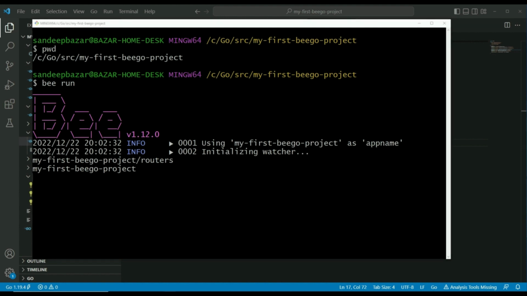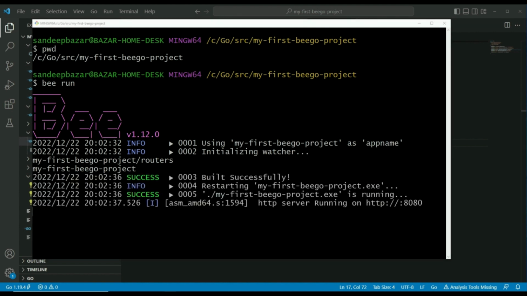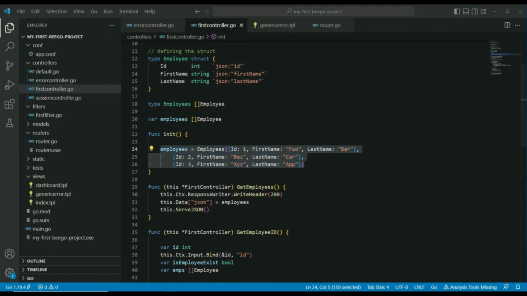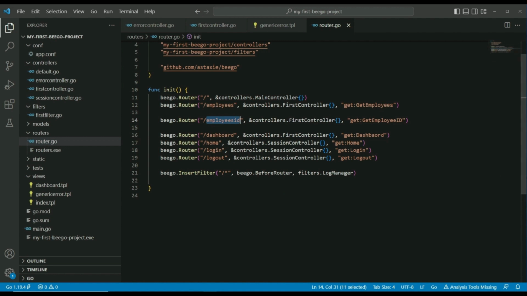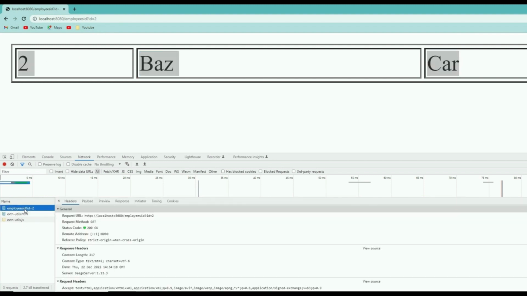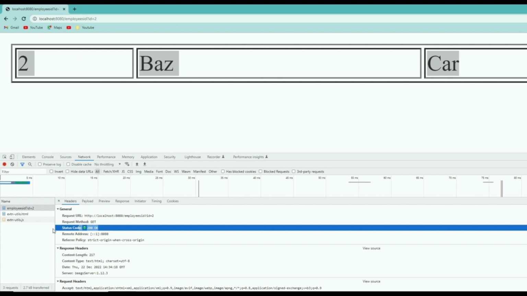Once the command has executed successfully, the web application will run on the default Beego port 8080. Next, browsing http://localhost:8080/employee?id=2 will give you the employee details, as seen,